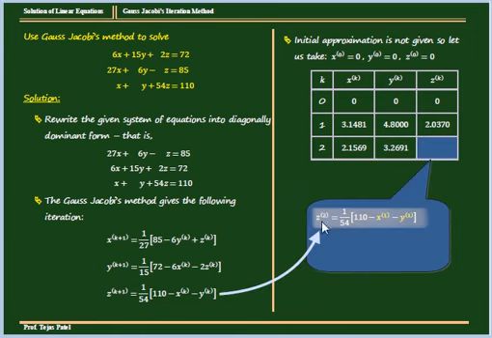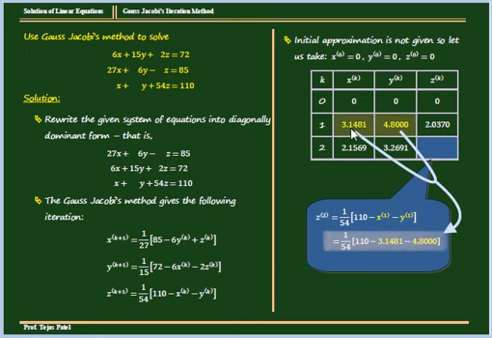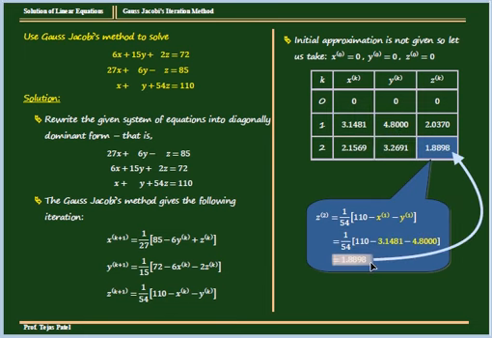From the third equation, z2 is 1 upon 54 110 minus x1 minus y1, and the value of x1 is 3.1481 and the y1 is 4.8000. Substitute this value in the equation and solve this, we'll get 1.8898. If you note here, whenever we count the iteration, अगर हम सेकंड इटरेशन काउंट कर रहे हैं तो सेकंड इटरेशन में जो भी फॉर्मूला हो उसमें जो वैल्यू सब्स्टिट्यूट करनी है वो previous iteration की लेनी है. अगर आप सेकंड इटरेशन काउंट कर रहे हो तो वहाँ पे आपको फर्स्ट इटरेशन की वैल्यू काउंट करनी है.